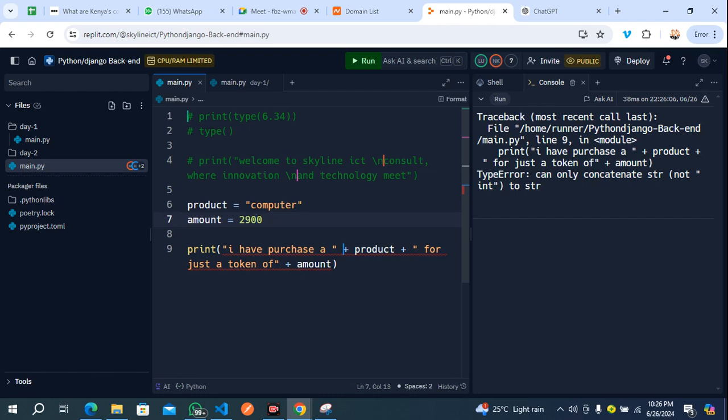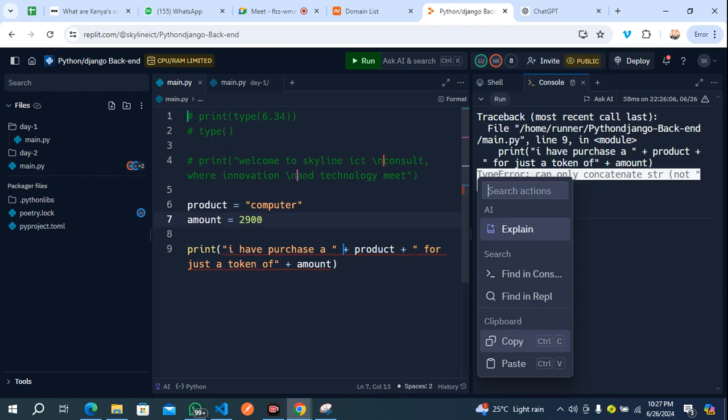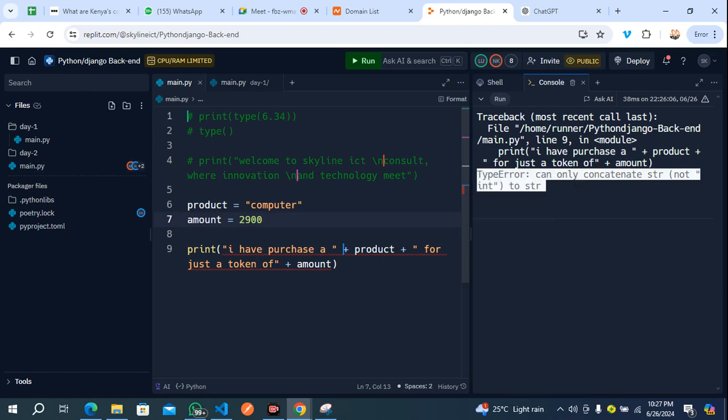What you are going to do is very simple. I know what to do, but I don't want to do it. I want us to debug, right? Let's assume that I don't really know what is happening and say, why am I having this error? So what you need to do is copy this, come to Google.